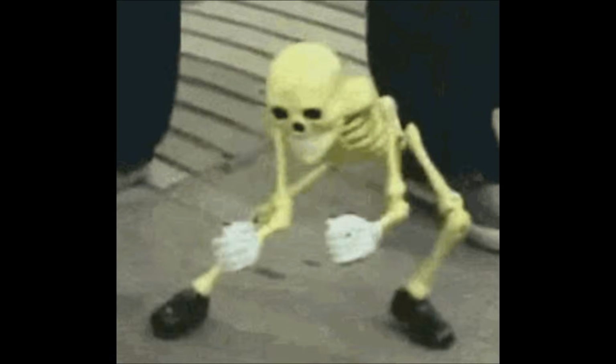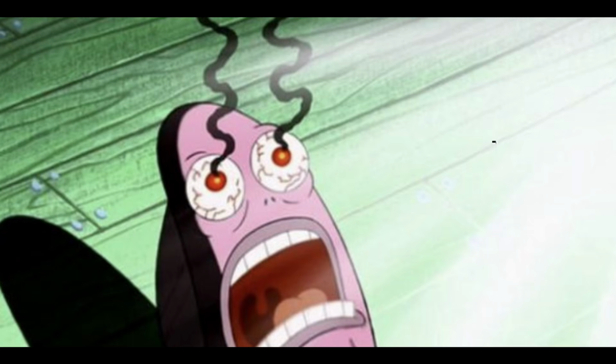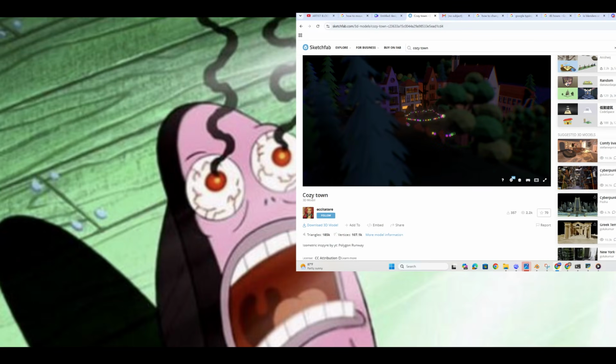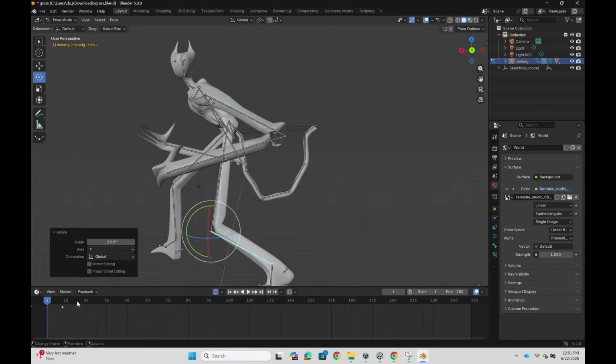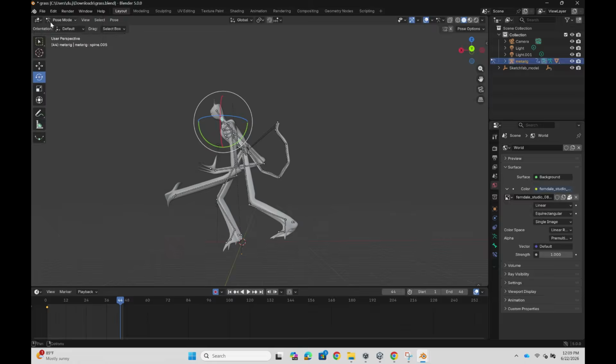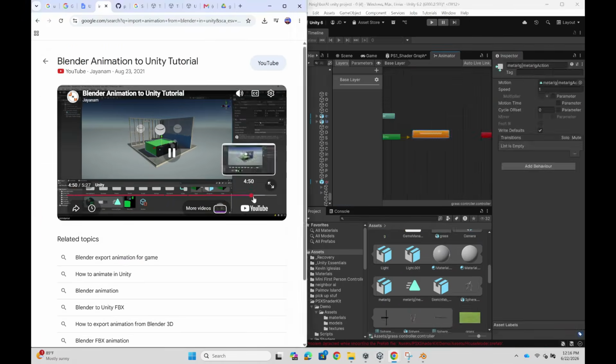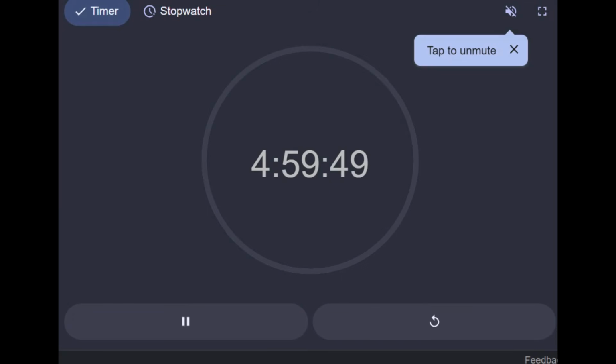The game is not scary, like at all. It was basically just a small town coffee simulator with occasional trespassing. So I needed a monster. And this time, instead of downloading one from Sketchfab, since I already bleached my eyes multiple times, I was actually going to make it myself. For some reason. I took a rigged model from a render I made about a month ago and animated a quick run cycle. And honestly, I think my animation skills improved a little bit.